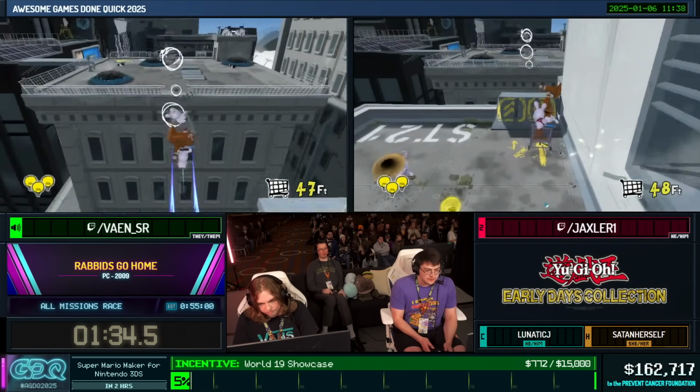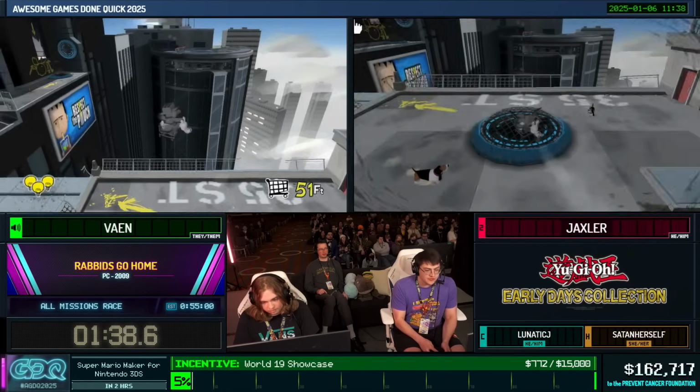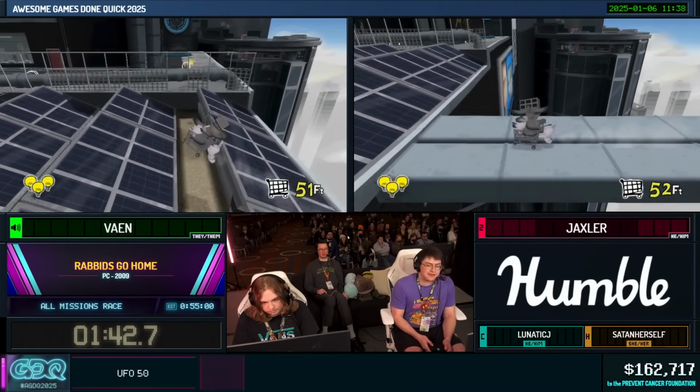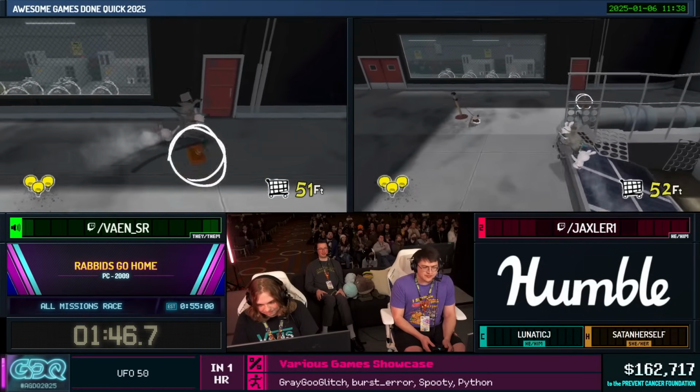And then we're going to be seeing the first example of something called wind stacking. We're going to mash the pause button as we go up and over this vent, and that's going to give us extra height to get, I think we both hit it. Nice. Yeah, nice. So that's going to get us up and over a cutscene, which saves about 7 seconds, I